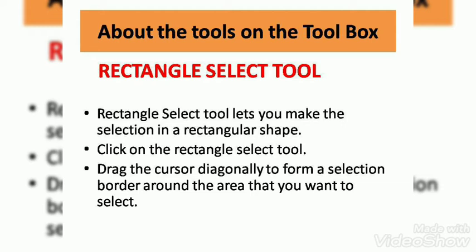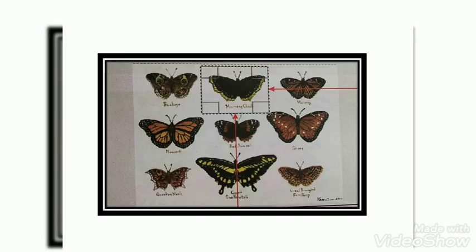We can move to the next, free select tool. Another important tool it is, free select. Now you don't want any area in a shape, rectangle or square and all. You want a particular image in whichever shape it is. The shape is not fixed, it is uneven. So what you can use is the free select tool. You can just draw a border for that. It will help you to create a free form, no particular shape.